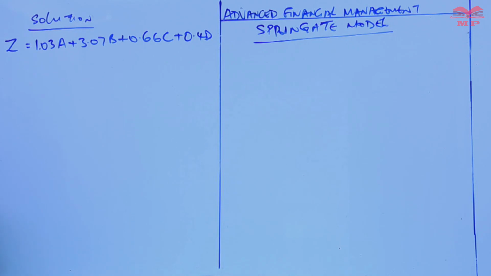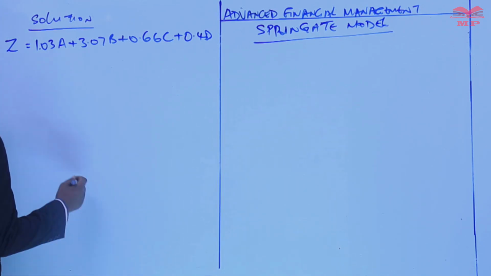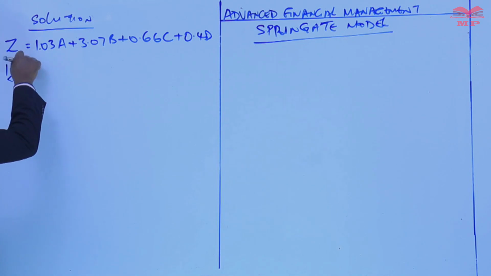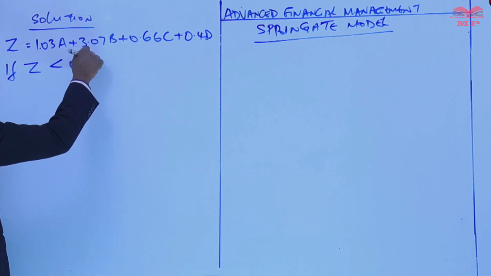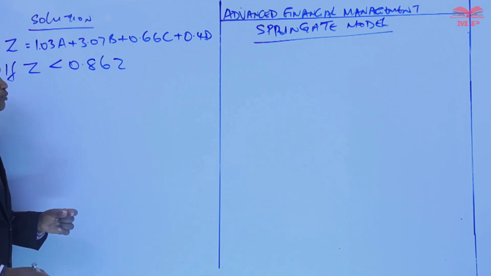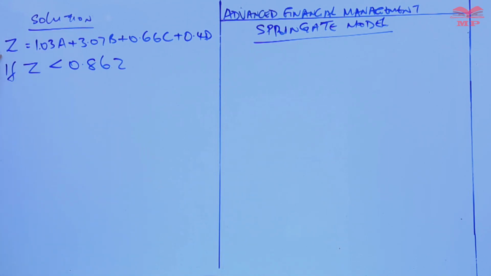After calculating the Z value, we need to compare the value that we are going to compute with the criteria of 0.862. If Z is less than 0.862, after computing this value Z, if this Z is less than